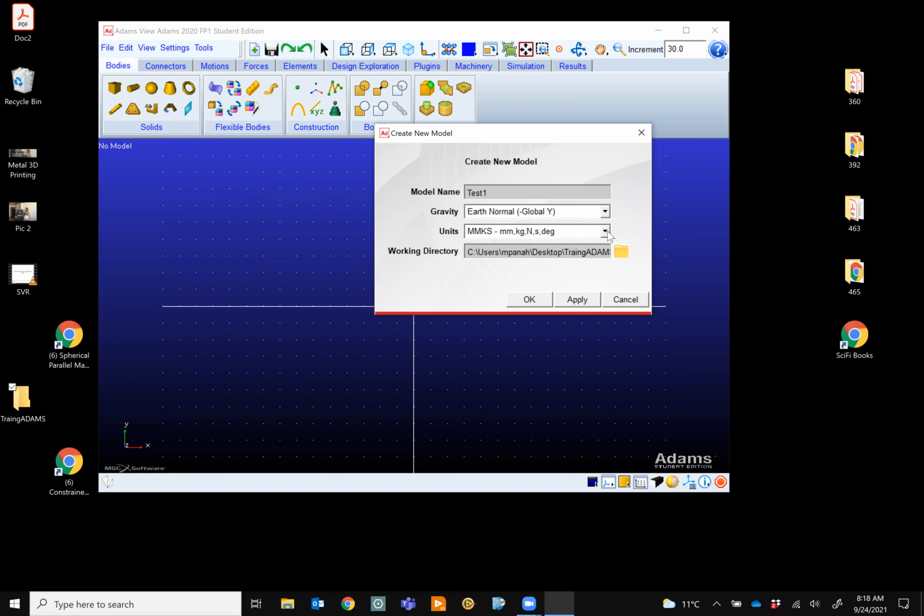Of course, we are working with SI units, so let's stick with millimeter, kilogram, Newton, second, and degree. But you can always change them. I will show you that. When you have these things in your setup, remember, if you are building something in, let's say, SolidWorks, and you import it here, the very first thing you need to do is check the dimensions to make sure that they match.